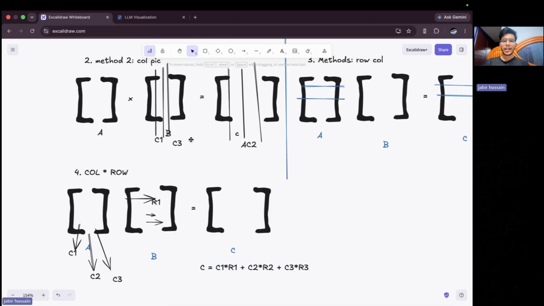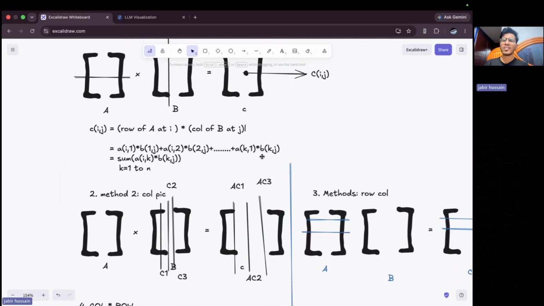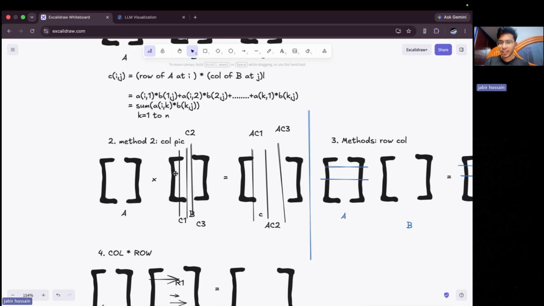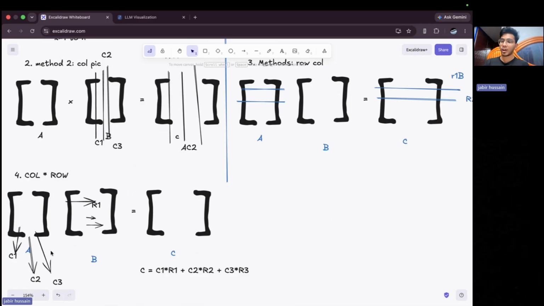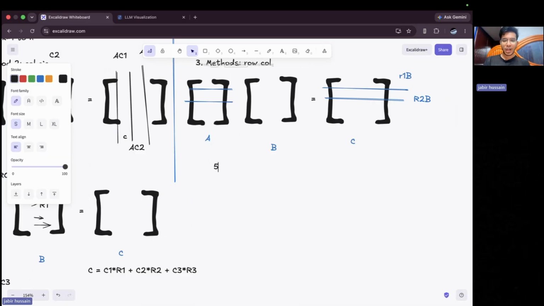As humans we follow this approach, and all of these will give you the same answer. If you observe very clearly, we are talking about the same thing, but the perspective of solving is different. Here we are doing the dot product. Here we are taking columns, in this one we are taking rows, and in this one we are taking columns and rows. And there is another method, the fifth method, seeing matrices